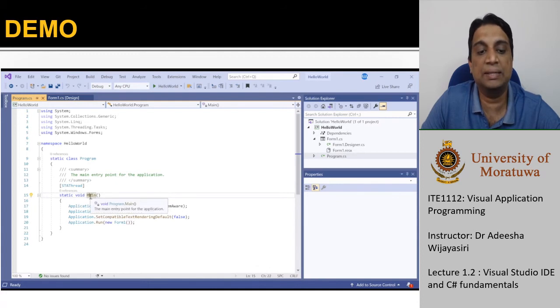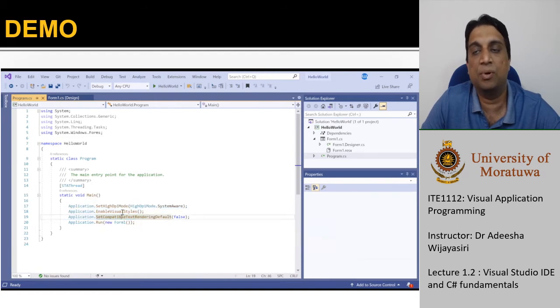So this is the first method that will be run when you run the program. We will focus on these keywords later. Here you can see some things related to the form application, which will also be discussed later. The important thing is that this method tells it to run something else. Here, with new, you can create a new object of the type of this class and execute it. That's what we are telling it here. So that is the first thing we say in the main method: create an object and run it.